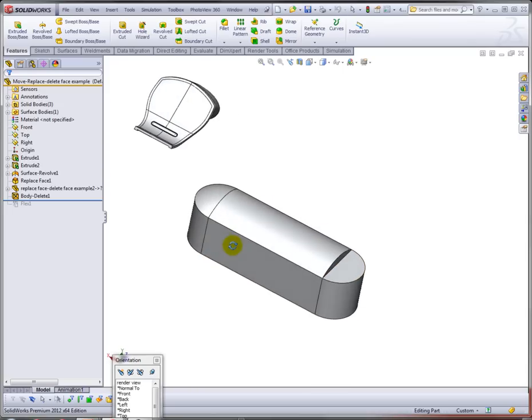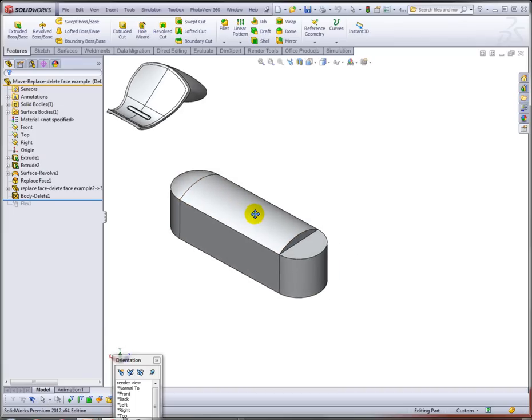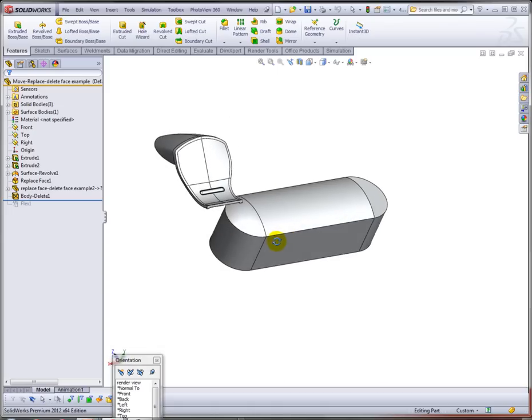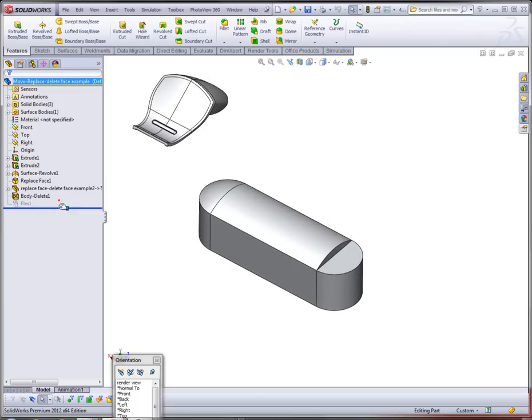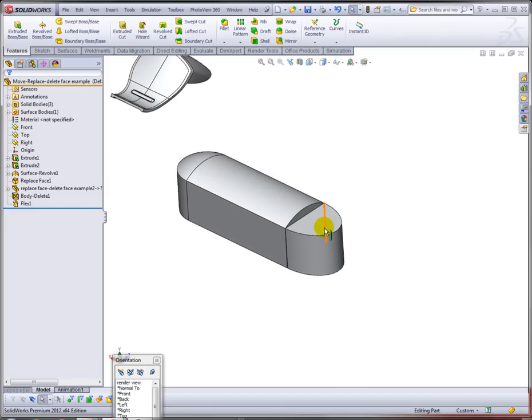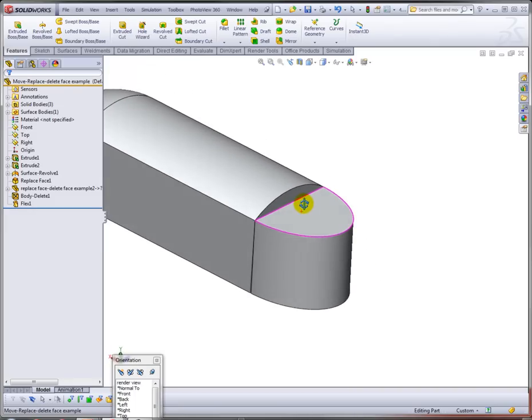So here I have this switch cap where I have somewhat of a dome shape. I've extruded this, and then I've created this cap on the end. And let me show you how I did that so quickly. I mean, in this case here, you could just simply revolve a profile and get that. What if you had an instance where it really wasn't a revolve that could create and fill this material? We'd have to come up with another method, and I often find in these situations that replace face works rather